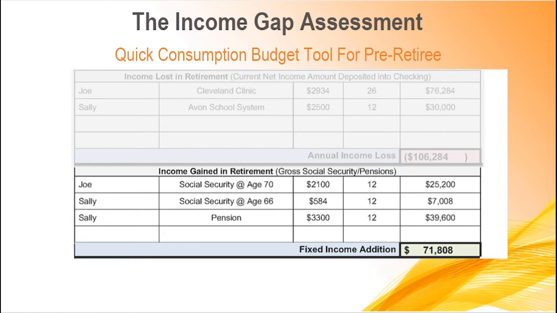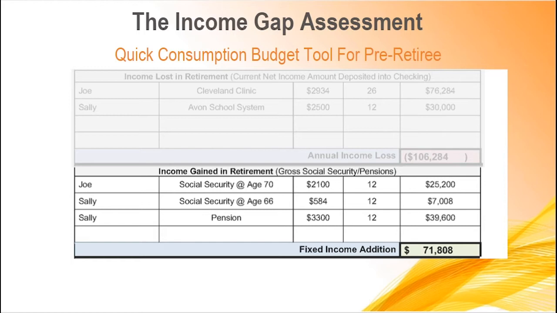So we did some Social Security optimization, and we found the optimal mix for Joe and Sally is for him to take it at age 70 and for her to take it at full retirement age 66. And so we can see here, Joe's Social Security is going to be $2,100 a month, and it's going to get paid monthly. So at age 70, he's going to get